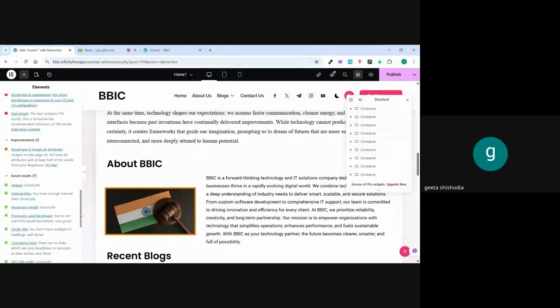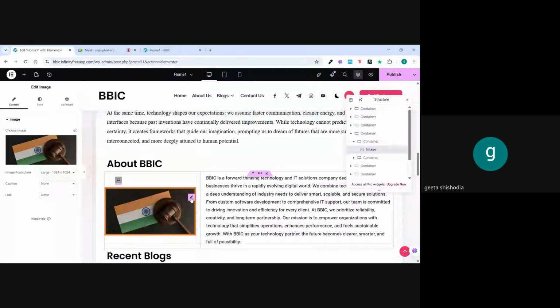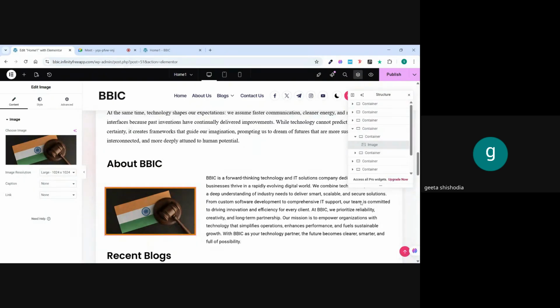So let's move up and see. It says key phrase in image alt attribute. So you have to fix that. Image alt attribute means that wherever you have inserted the images, you have to also write the content of what this image is all about. Okay. So you can write a customized caption, not caption. Actually, it is